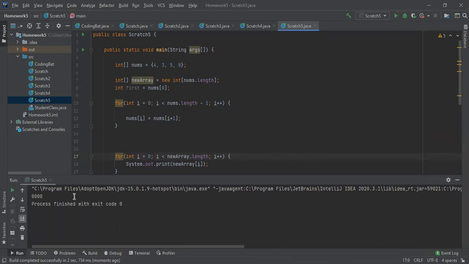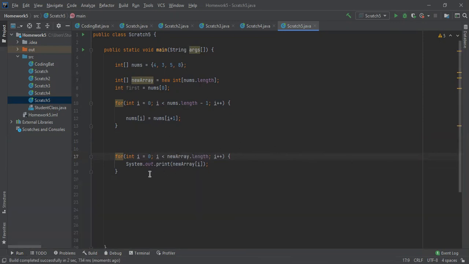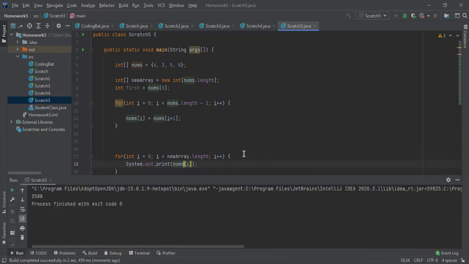So we have all zeros. Right. We're not actually going to be returning a new array. We're just modifying the array that we have. So kind of ignore the reference that I made to the new array. Just consider that to be the same array that we had before. So what's happening here? It moves 3 and then 5 and then 8,